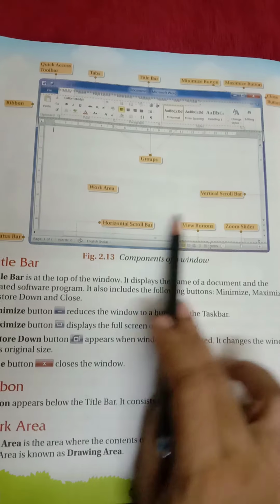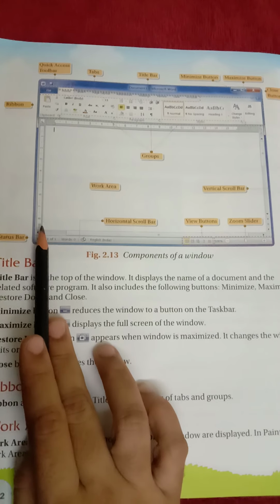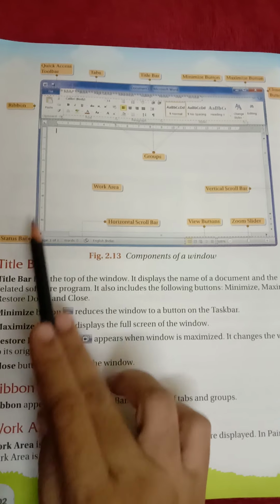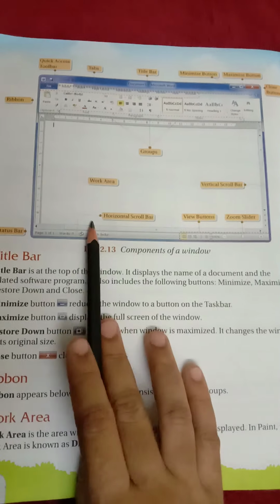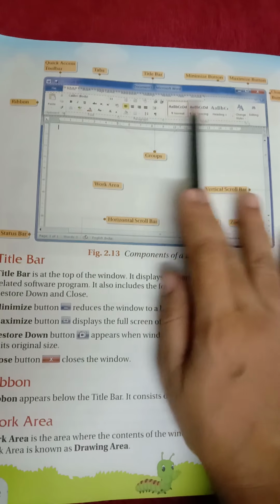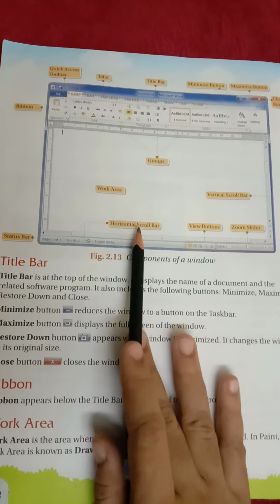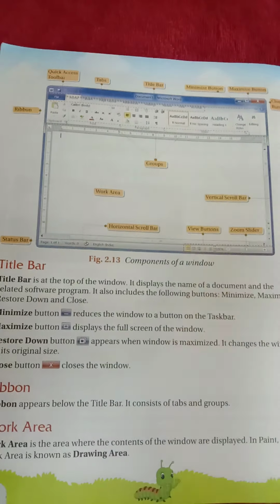In every window, most of the time, there are the same options. We will study this in detail. But this is the Word document and this is the window. All the documents are similar. Just these options may be different at some points.